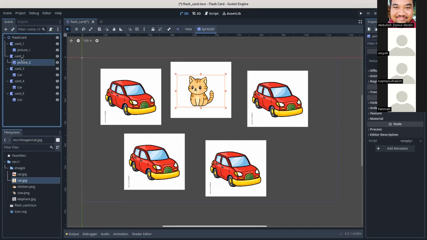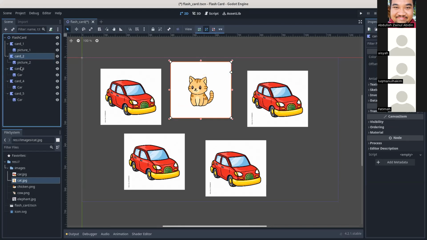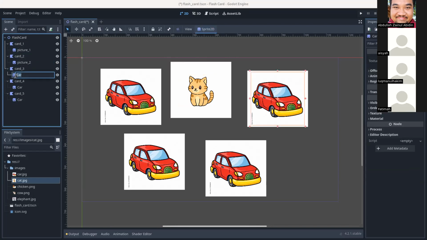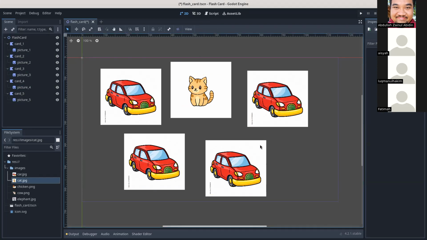You can search for the card number and after that the picture inside it, but let's just make things easier for ourselves. Okay, so once we have renamed it to picture one, picture two, picture three, picture four,